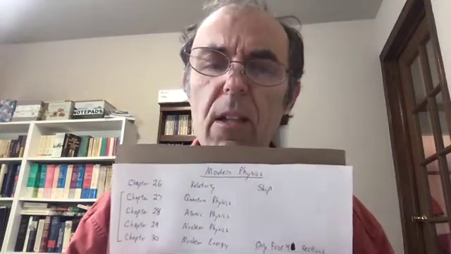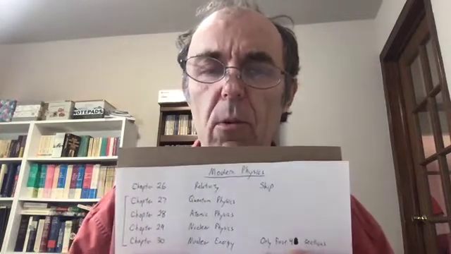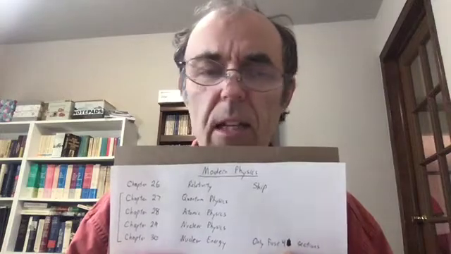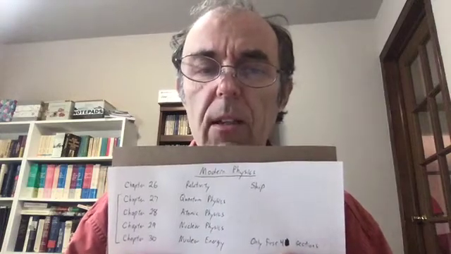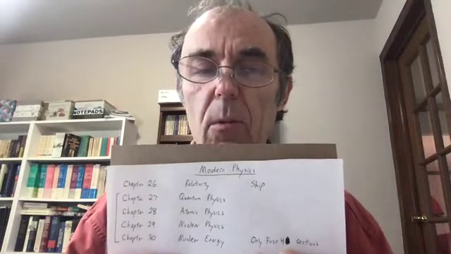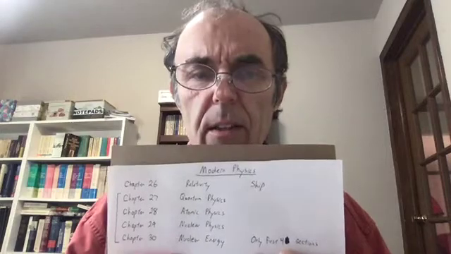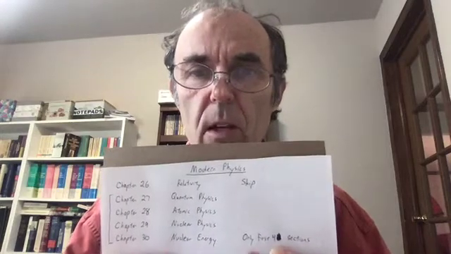Chapter 26 talks about special relativity. Unfortunately, we're going to skip chapter 26 because we lost that one lecture. You're welcome to take a look at it, but we won't be talking about relativity, and we'll be skipping chapter 26. So that means we're going to start with chapter 27, which is about quantum physics or quantum mechanics.